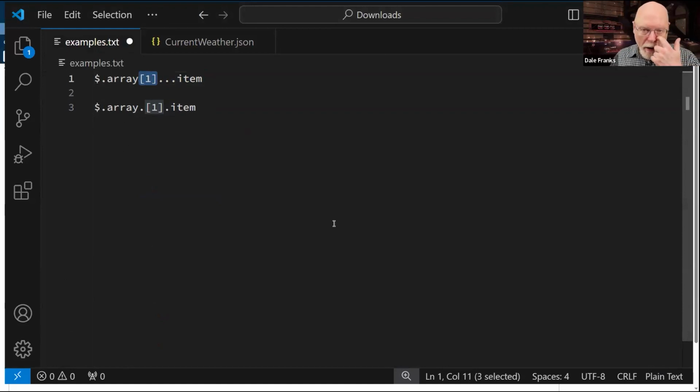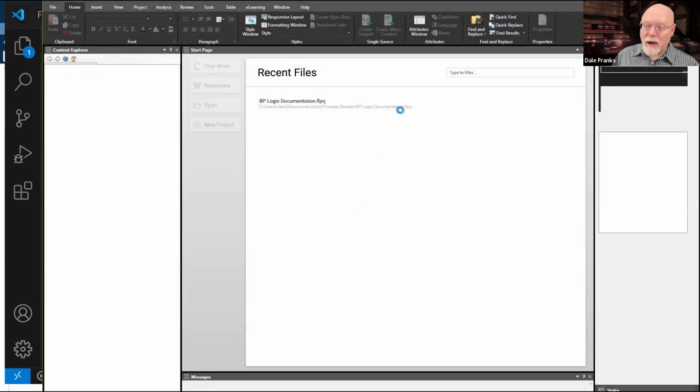Depending on how many I have, it will be, remember, 0-based, 0 through n. In XML, item 1 is the first item in the array. In JSON, item 0 is the first item in the array. So in XML, if I ask for item 1, I get item 1. It is the first item in the array.